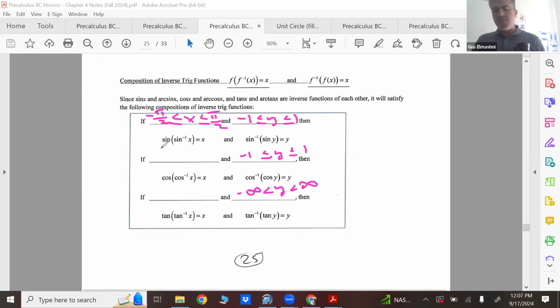Bottom line is you plug in the inverse to itself, you get the same, you get X or Y, right? That's what we're trying to say here. And that's going to be